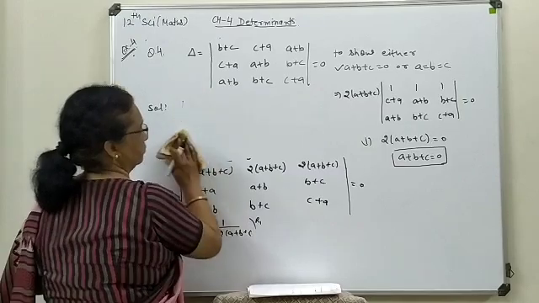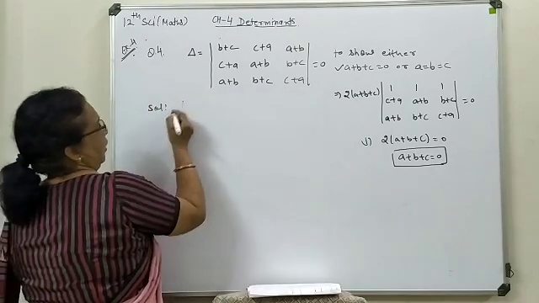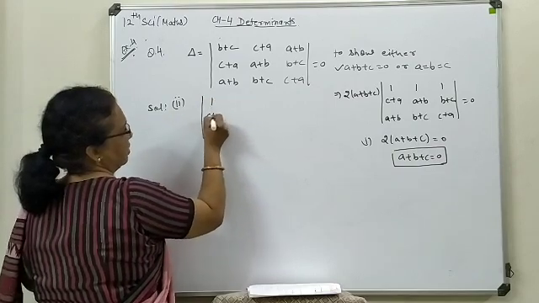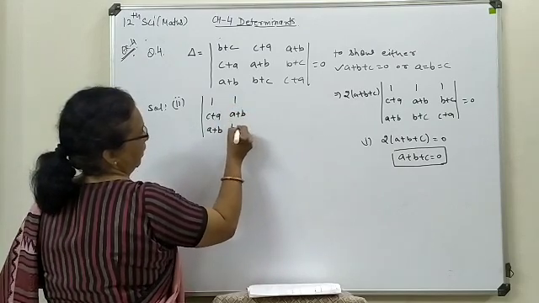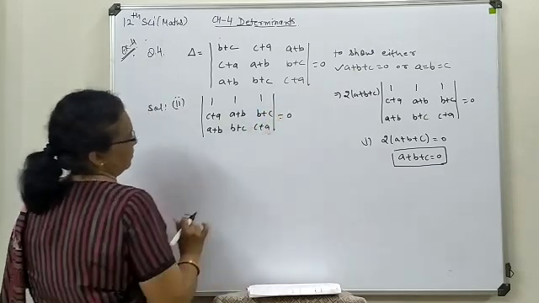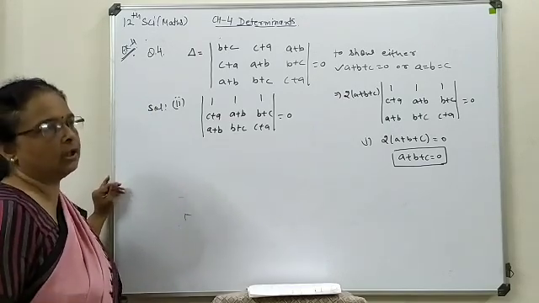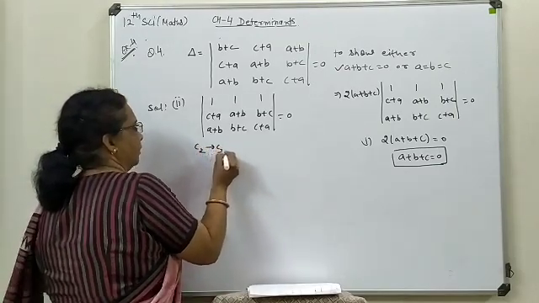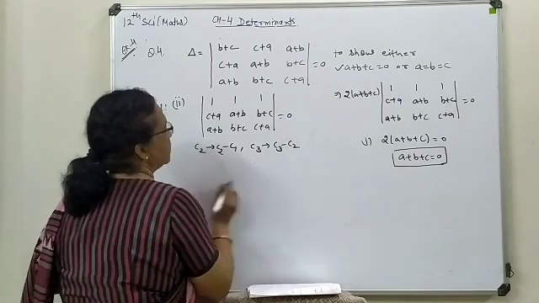So our second part is the determinant value: 1, c plus a, a plus b; 1, a plus b, b plus c; 1, b plus c, c plus a; it can be turned as 0. Now in the first row we have 1 1, so easily 2 zeros we can generate by column-wise subtraction. So in the second column we are going to subtract the first, and in the third column we are going to subtract the second column.